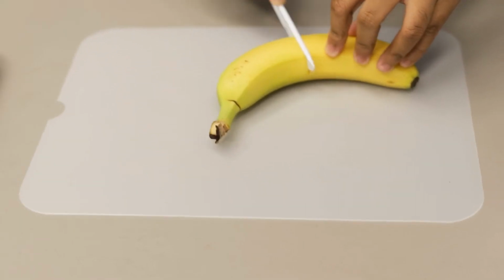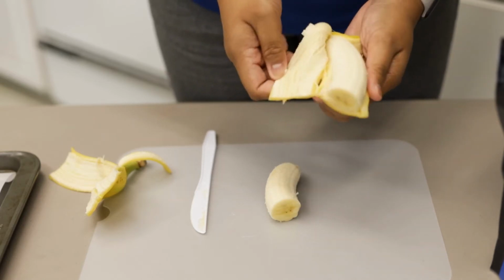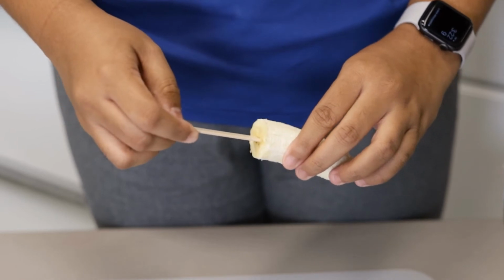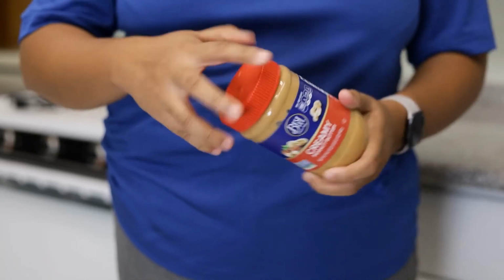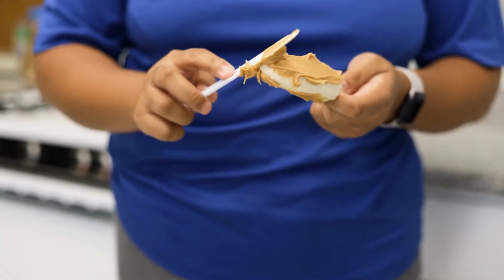First, we're going to cut the banana in half. So now that you have 2 halves, you're going to peel the banana. Take popsicle sticks and you're going to stick them into your banana. So now you're going to take your peanut butter or nut butter of choice and you're going to spread it